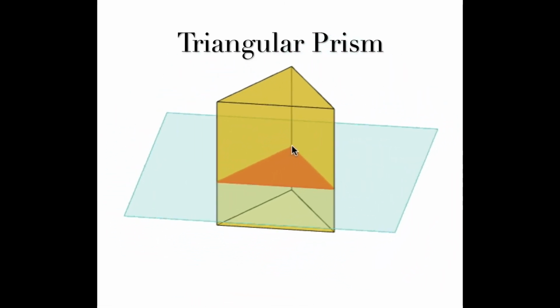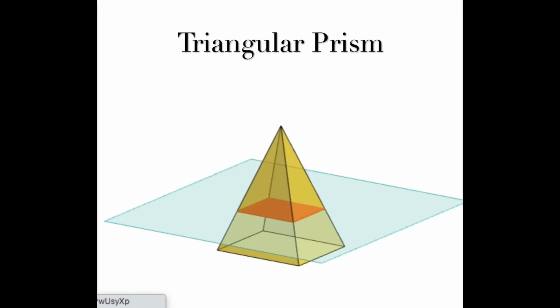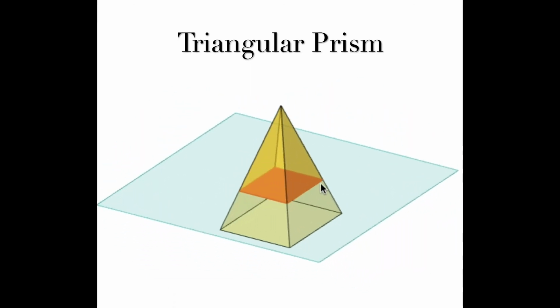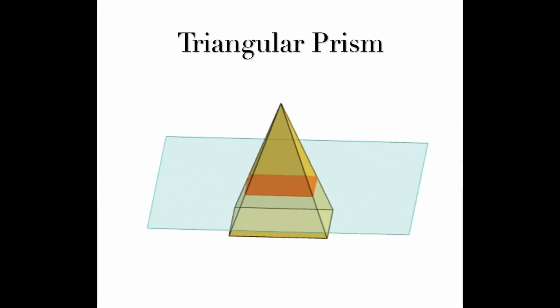And here again, we can identify it by the number of faces, the number of flat sides it has, the number of edges that it has, and the number of vertices that it has. That is a triangular prism. Now, there's another type of three-dimensional shape as well. That is a pyramid. Now, a pyramid has a base, just like a